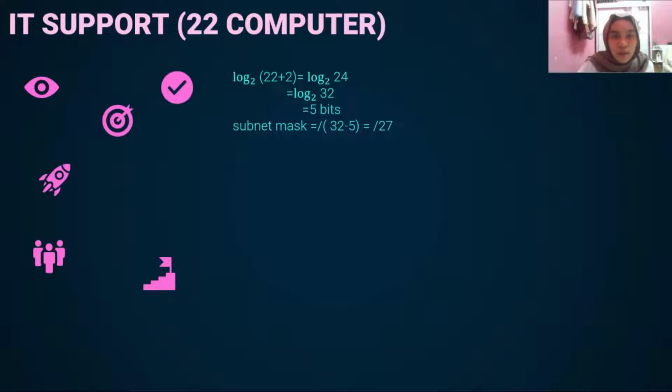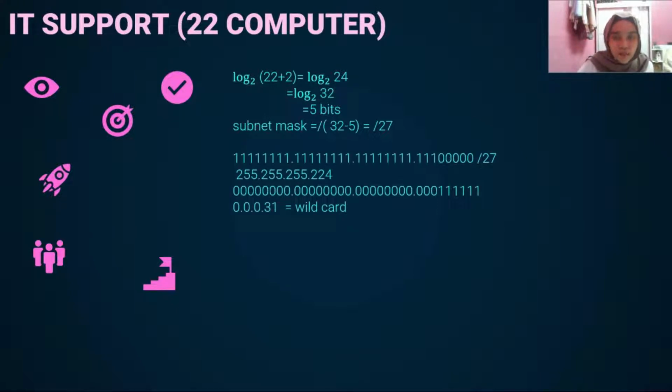By using the subnet mask formula, you're going to take 32 minus the number of bits borrowed, which is 5. That is how you get the subnet mask, which is 27. And then you will get the default subnet mask in binary, and you will also get the CIDR. And then you're going to convert the binary to decimal, and you will get